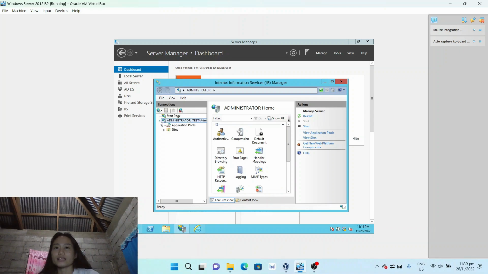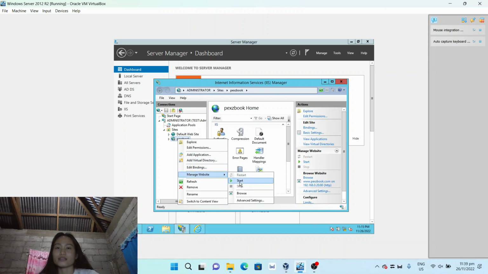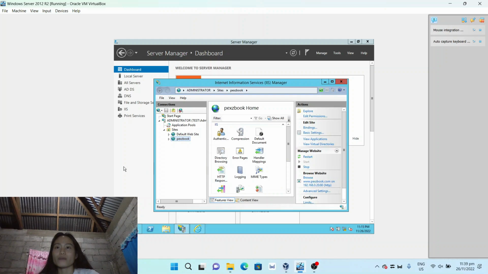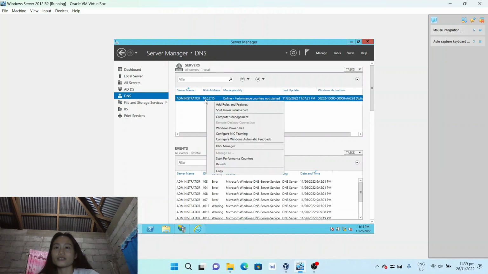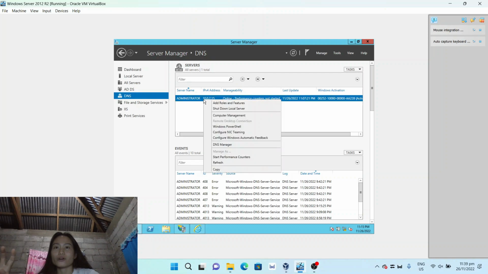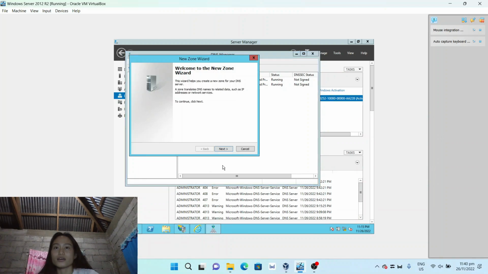And then expand the administrator and also the sites and click the textbook, right click it and then manage website and then click start. Going back to our server manager, let's click the DNS and right click the server name, or in here it is the administrator. Click DNS manager and in the forward lookup zones, right click it and create a new zone,